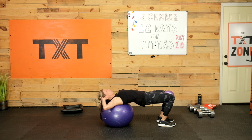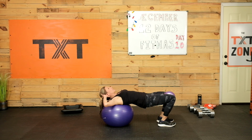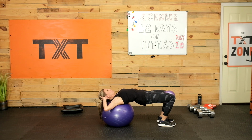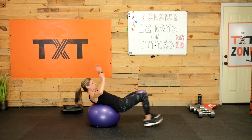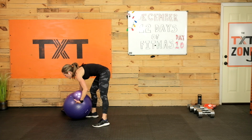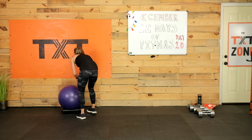Press up. Hips fully extended. 3, 2, and 1. You can always do a glute bridge from the floor as well without the ball. All right,